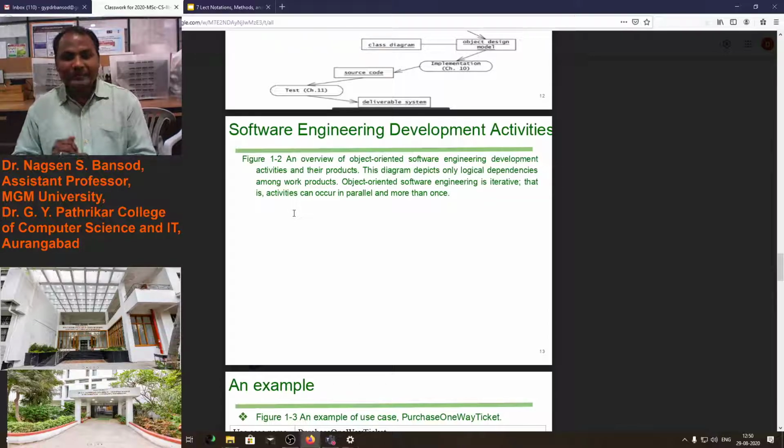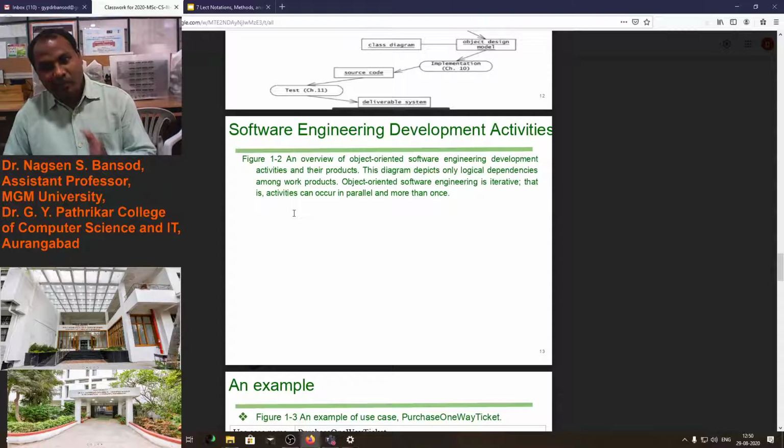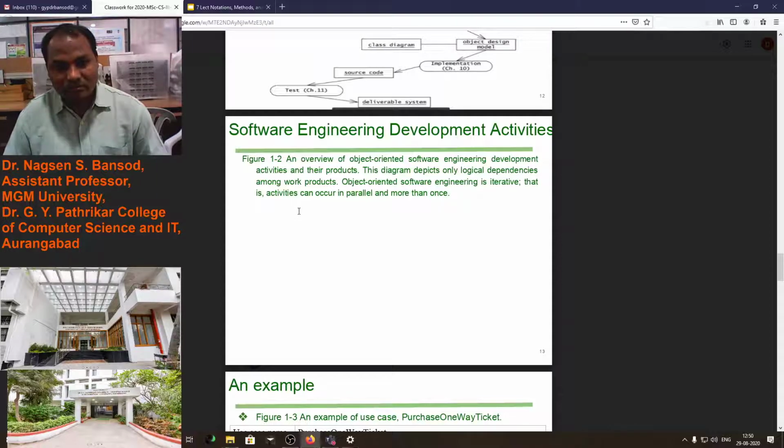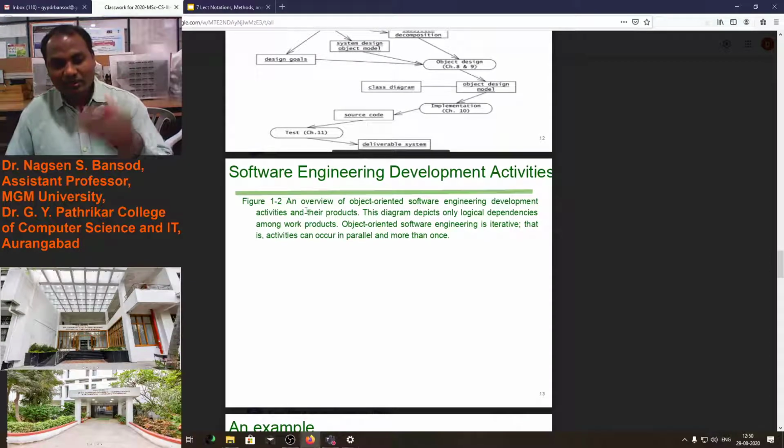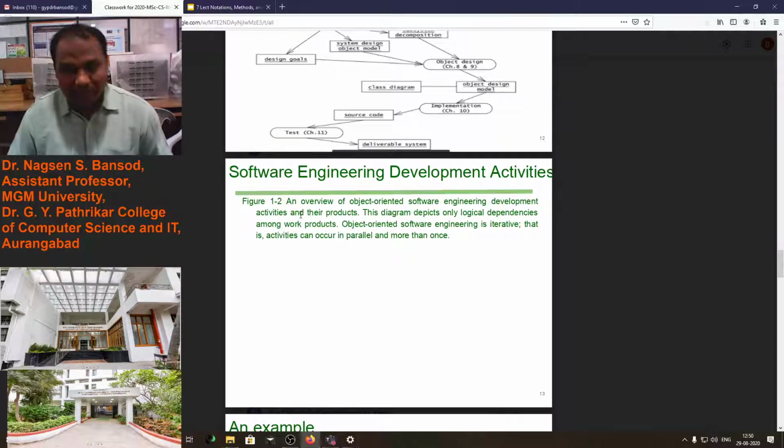This diagram depicts only the logical dependencies among work products. Object-oriented software engineering is iterative, that is, activities can occur in parallel and more than once. Meaning one activity may occur more than one time.